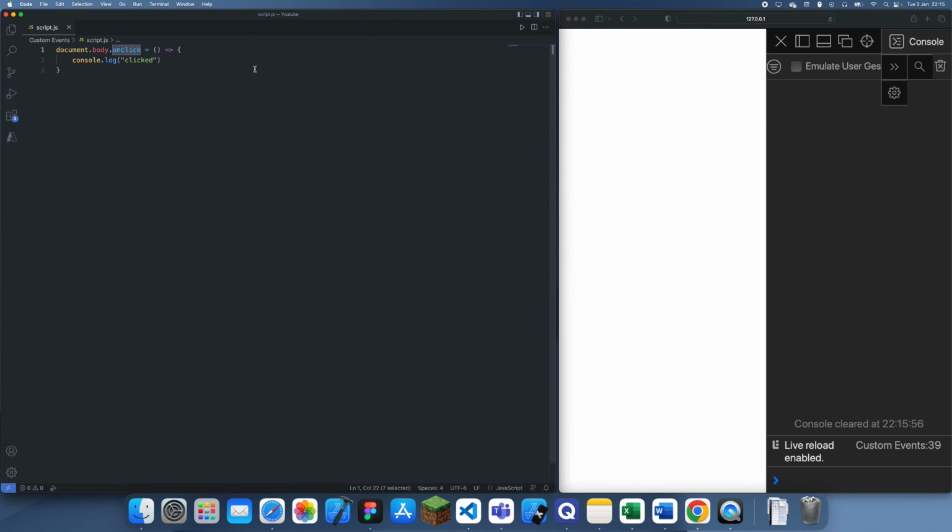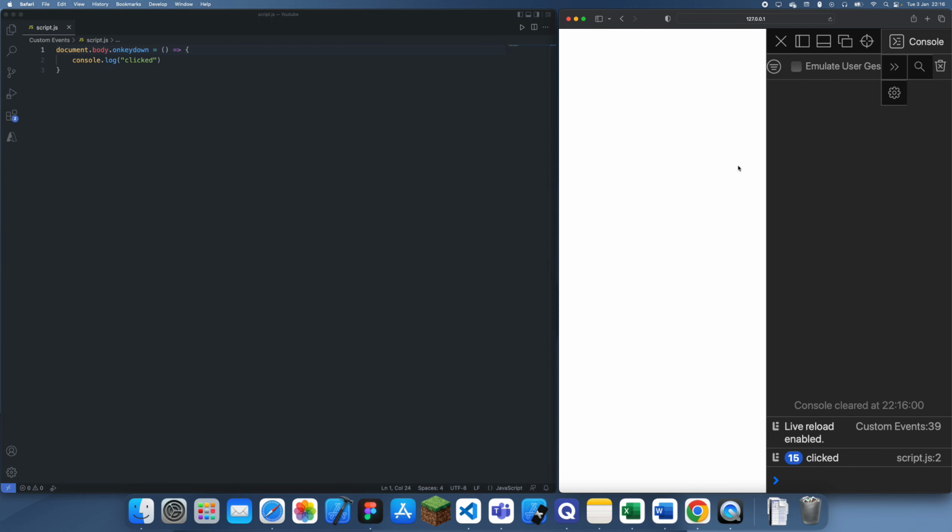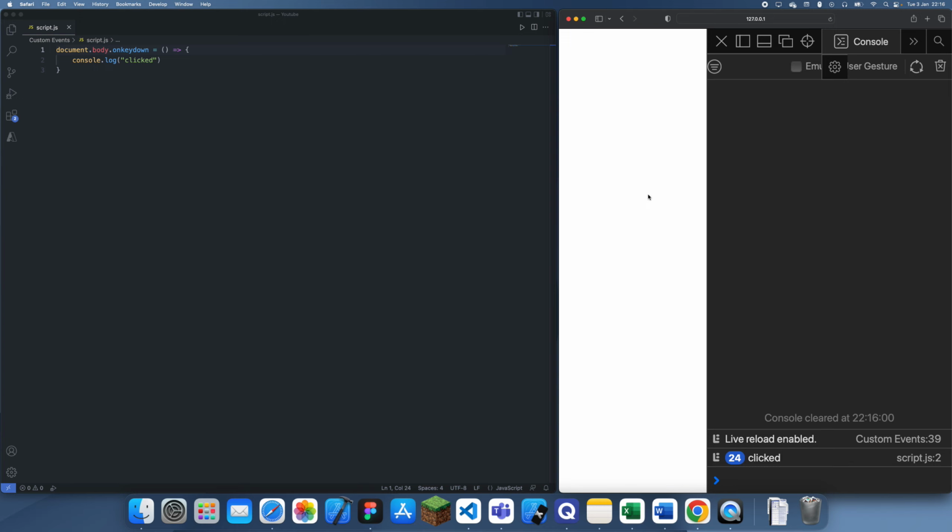Okay, let me just do something like on key down instead. Not too sure what's happening there, but I'm assuming it's because the body element was not taking up the whole screen. Basically whenever there's a key down, you can see that this event gets fired. So let's say we want an event which is fired every time we click just the spacebar. First thing we can do is detect for the spacebar, and to do that